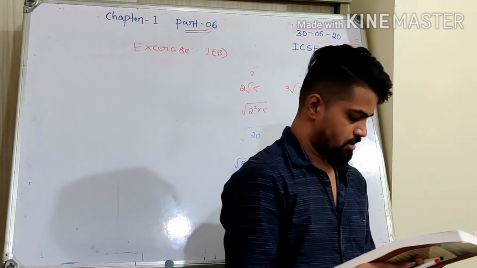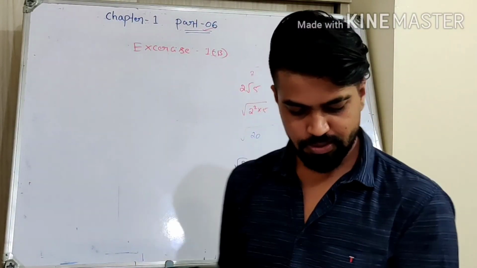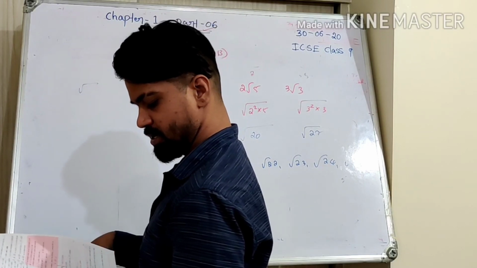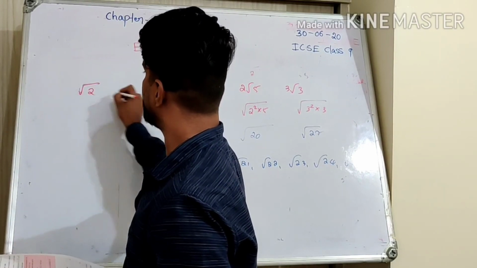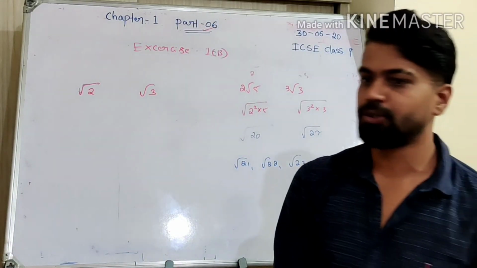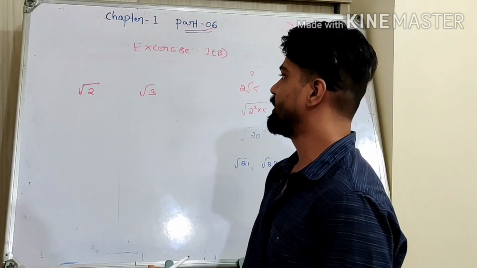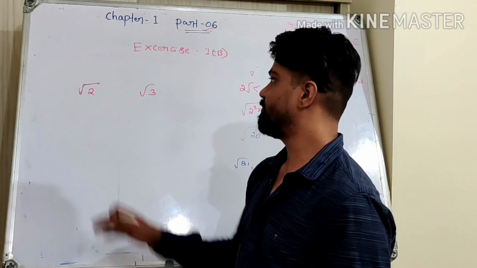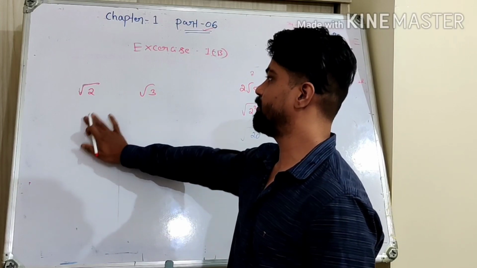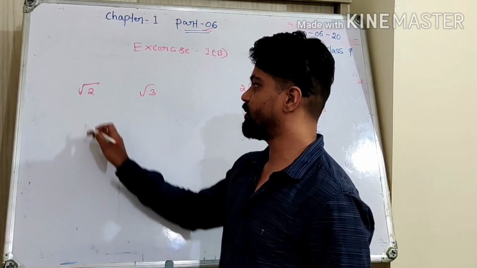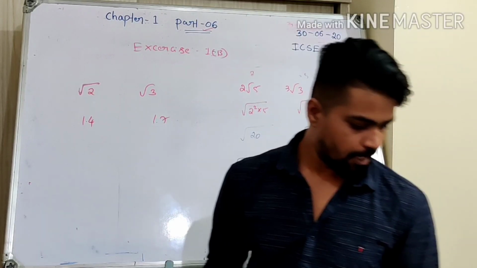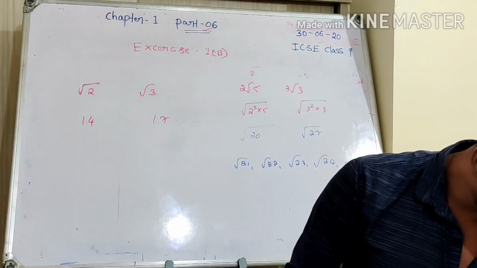Eighteenth, write two rational numbers between root 2 and root 3. Write two rational numbers between root 2 and root 3. So to write any two rational numbers between root 2 and root 3, we need to find perfect squares. First we square them, so between 2 and 3, right? So what is the value of this? 1.41 something. This will be 1.7 something, and we need to write two rational numbers between them.